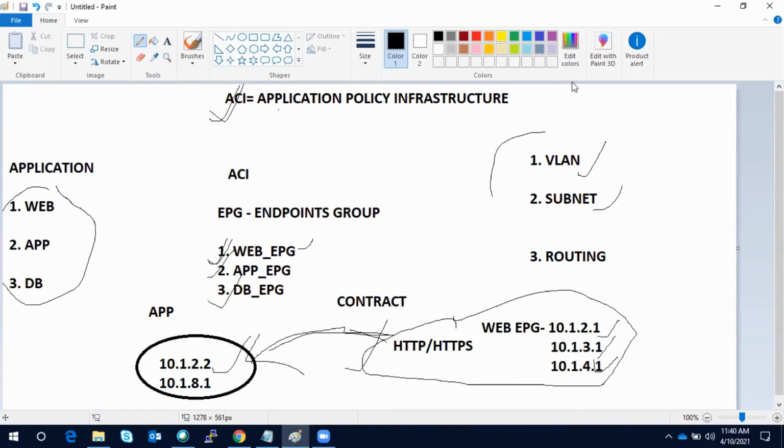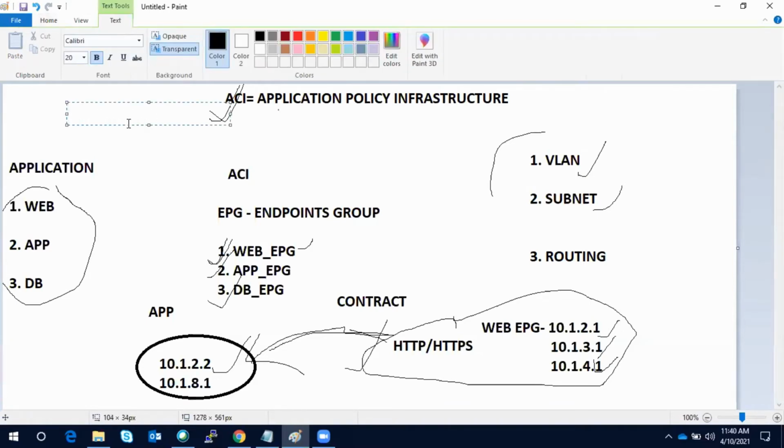No, let them configure whatever IP they are going to put. What you will do is, for the EPGs which you already have, you will ask whether this is a web, app or DB server. They will say this is a web server. This much information they will give you.